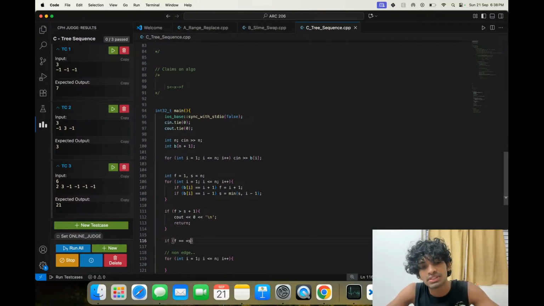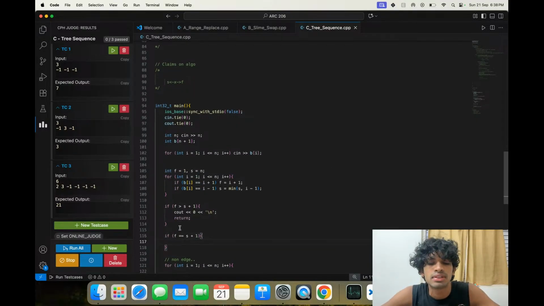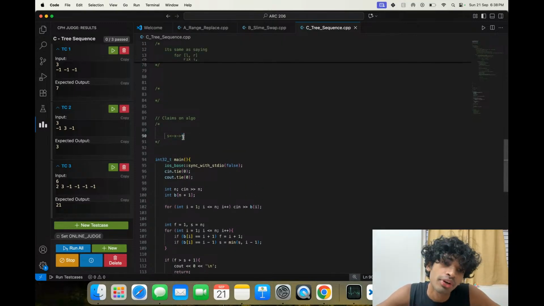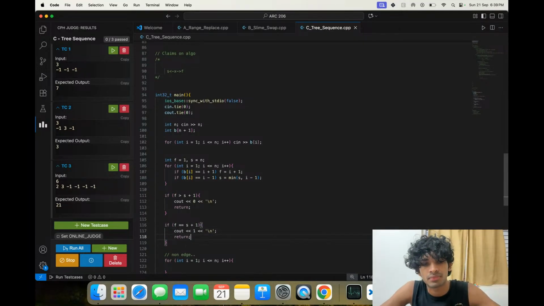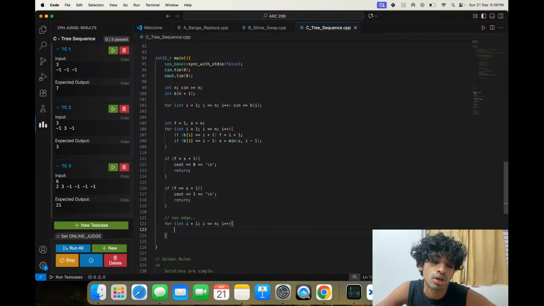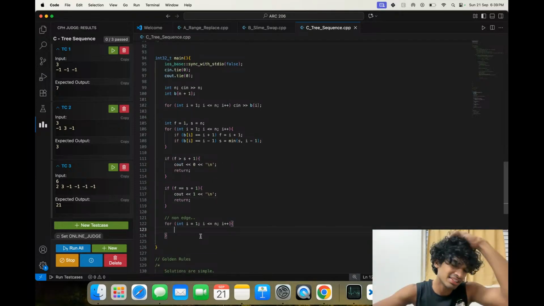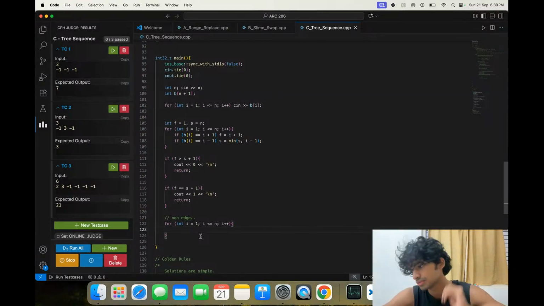If f equals s plus 1, this is the case where you have a forward edge and you have a backward edge. Okay, this is the case where you have this and you have this. That means everything else is coming forward to here, everything else is going backward to here, everything else is fixed. It's just one. Now you have to worry about non-adjacent things, if there exists one or not. In this case, if it exists,